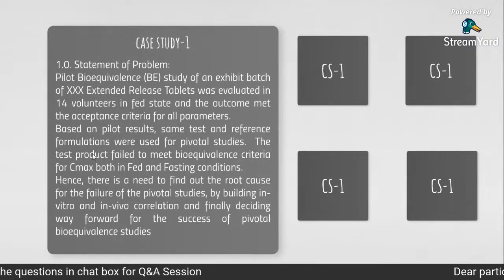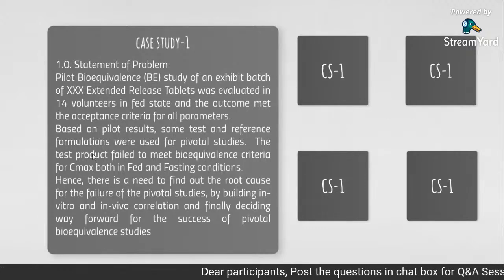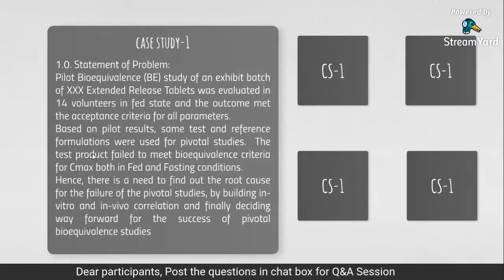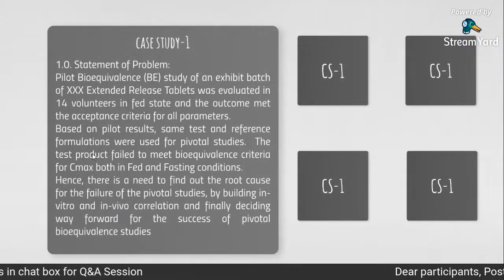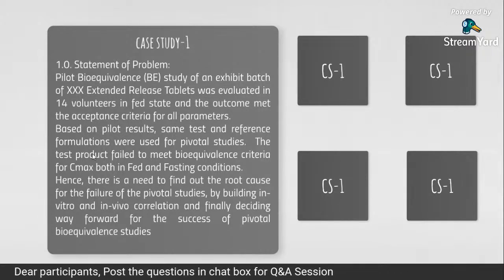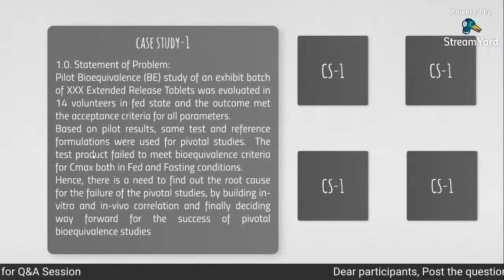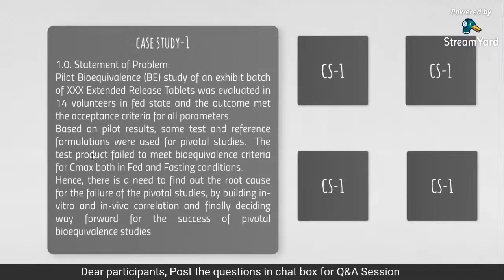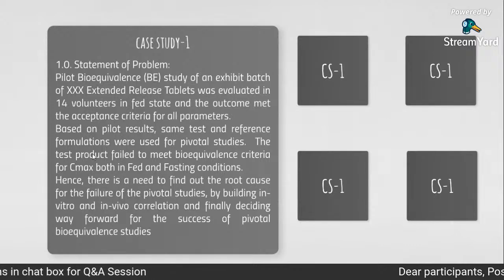Pilot is small scale. Using the scale up batch also, a pilot study can be done. And then by using the exhibit batch, we can do the pivotal study. Because if we directly test in a large population and get a negative result, the cost of the bioequivalence study is very high. It will go down the drain. So that's why generally every industry will do the first pilot study in a small number of subjects. They will get some confidence about the exact value of Cmax and the exact value of AUC we are getting. Once the confidence comes, then they will go for the exhibit batches and pivotal testing in a large population.